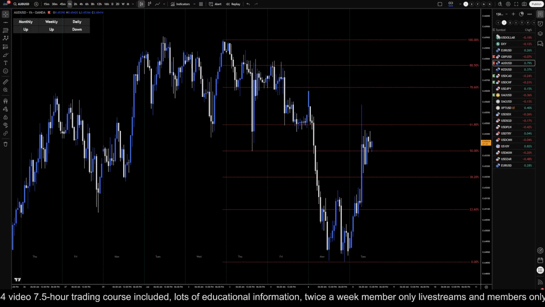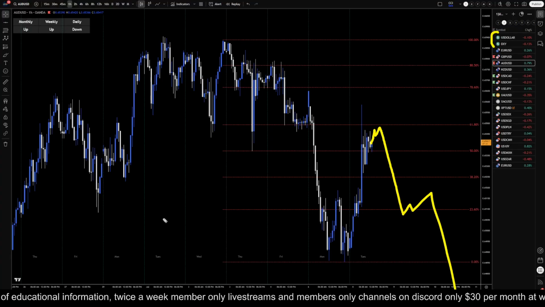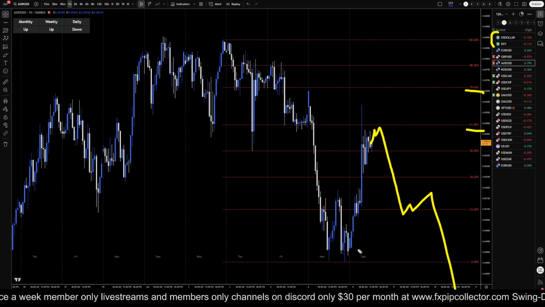But we'll have to see, because if the dollar index starts pushing up, then this potentially could just be a motive wave correction and it potentially just could go down from here. So I definitely am watching my Fib levels closely, looking for a nice turn at a Fibonacci level for another shorting opportunity.